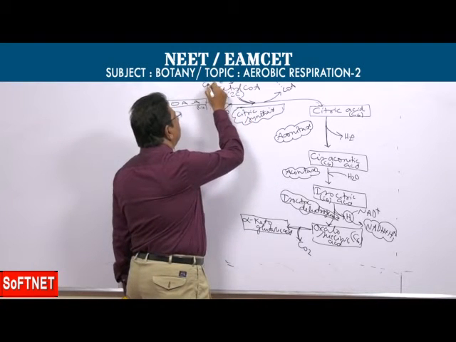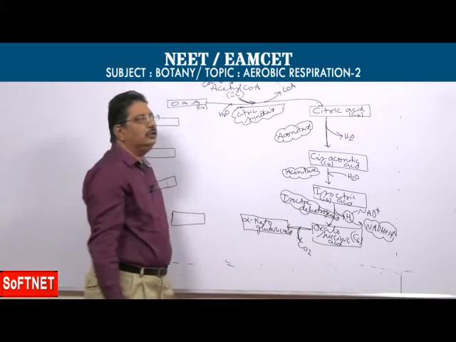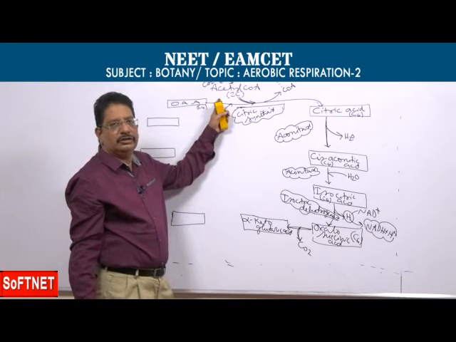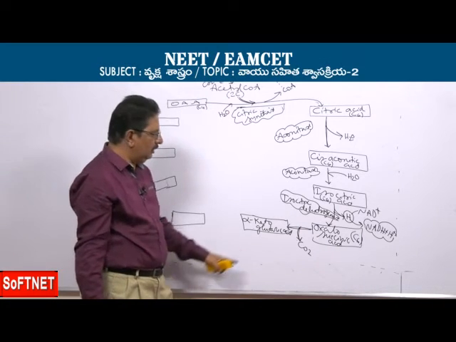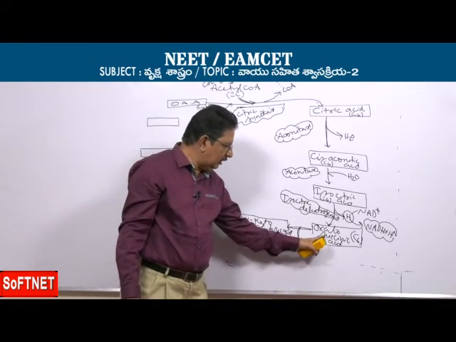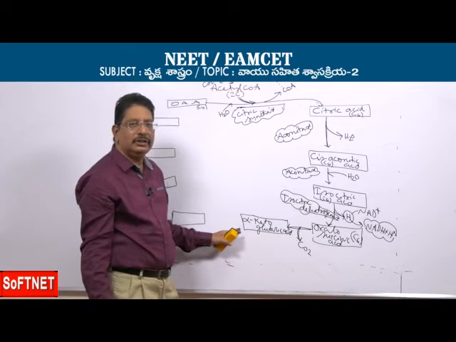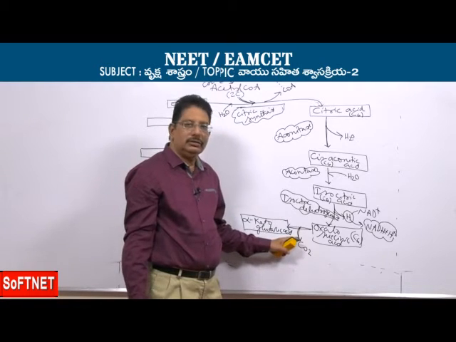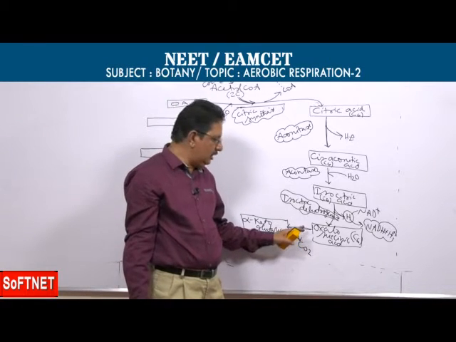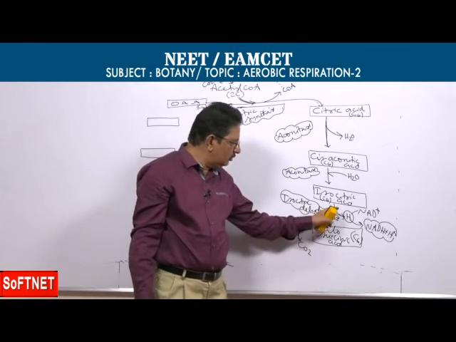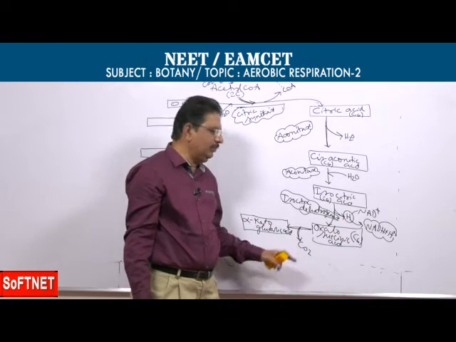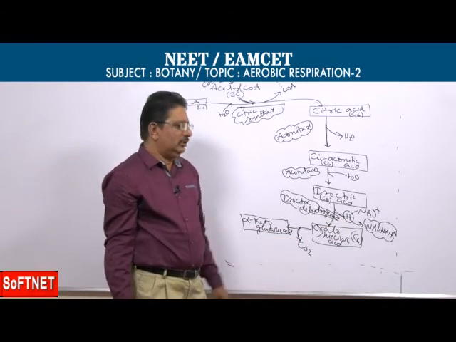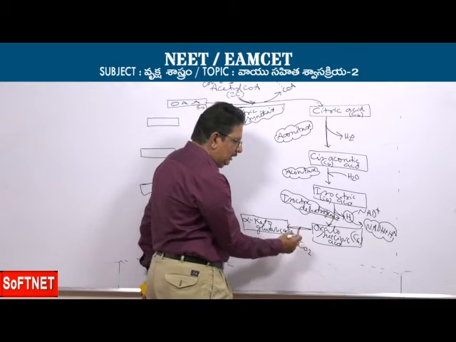First time during the conversion of pyruvic acid into acetyl coenzyme A in the link reaction, and the second time during the conversion of oxalosuccinic acid into alpha ketoglutaric acid. So what should it be chemically? Decarboxylation. So dehydrogenation followed by decarboxylation, and this is catalyzed by